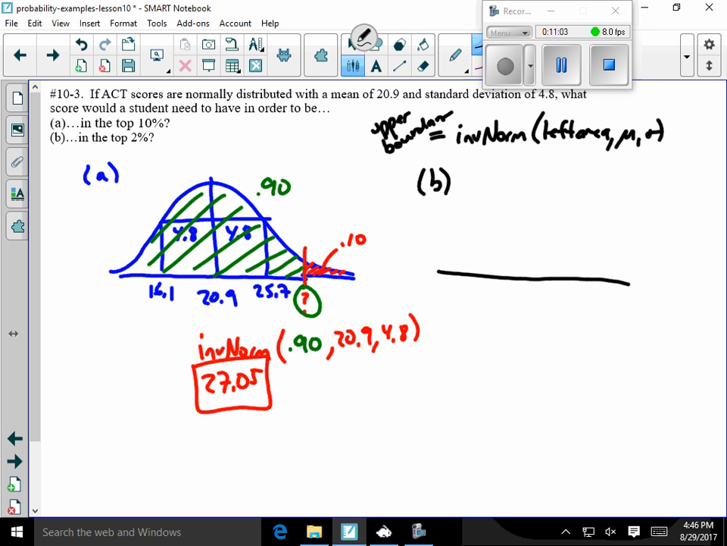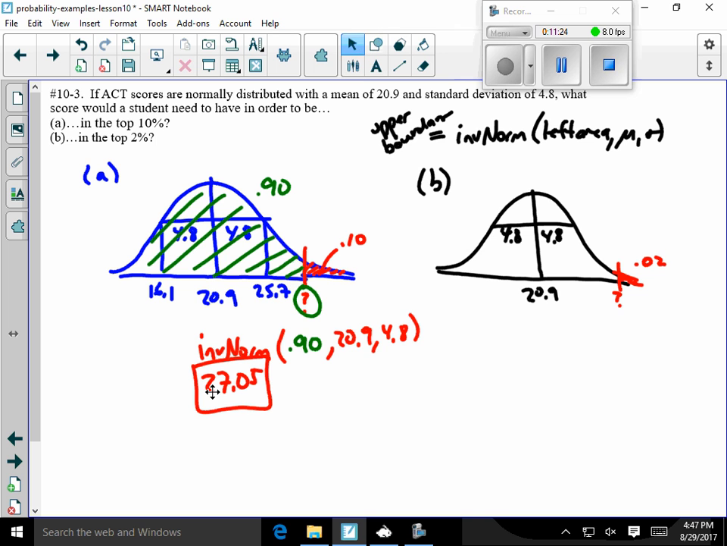The only difference is I still have my same 20.9 and 4.8 standard deviation, but this time we're going to be in the top 2%, so that's an even smaller region out here. We have a boundary further out, so I'm expecting the score to be higher, where I have only 2% of the area up there, not 10%. So if that's 2%, then the area to the left this time would be 100%, take away 2% is 98%,